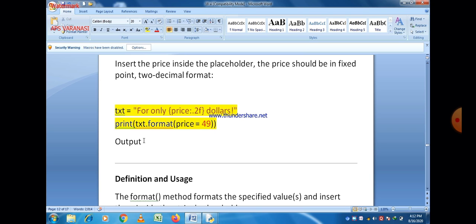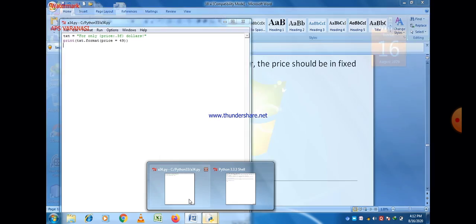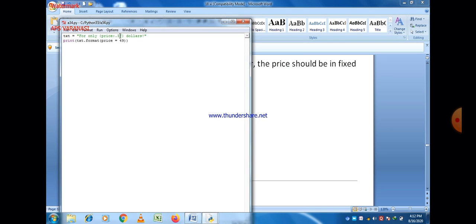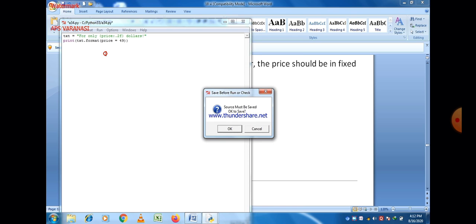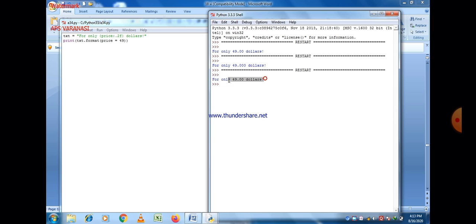So what is the output of this program? Output is 49.00. And why is it so? Because we gave price colon 2f here. It means f represents a float value and 2 means up to 2 decimal places. And if we give 3f, then the answer is up to 3 decimal places.